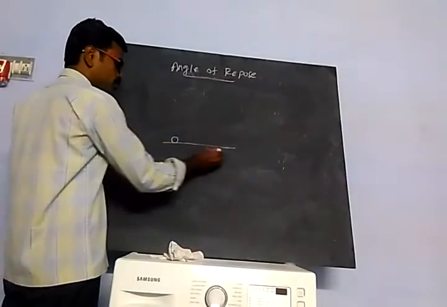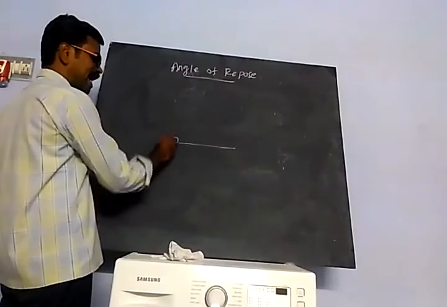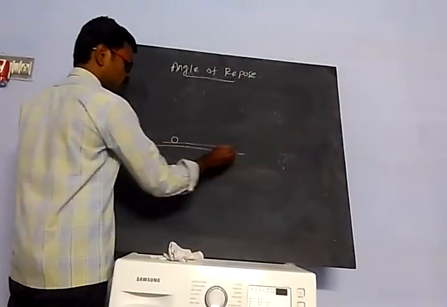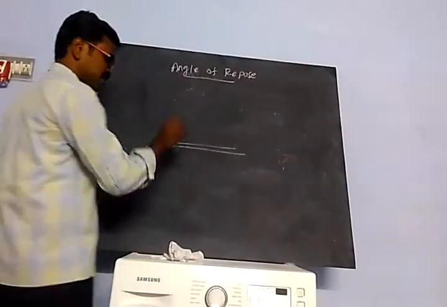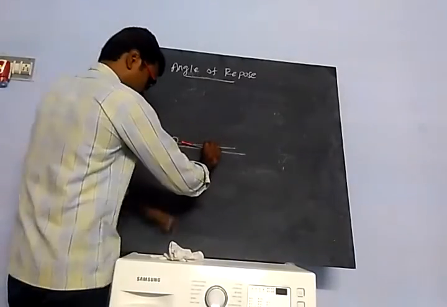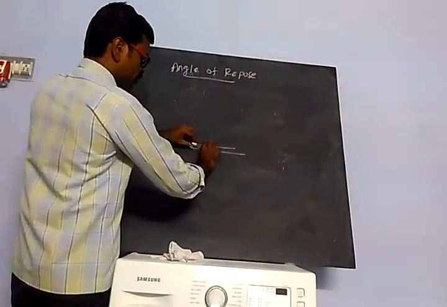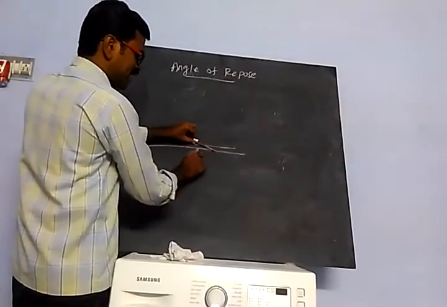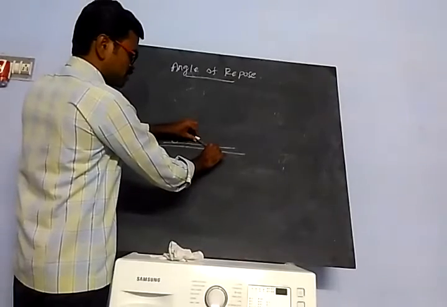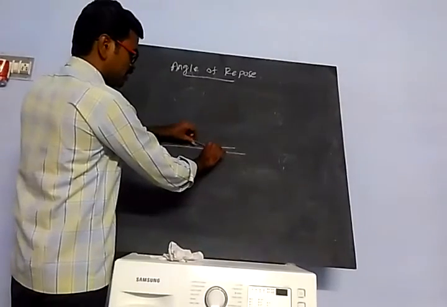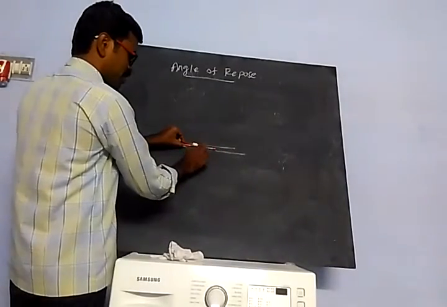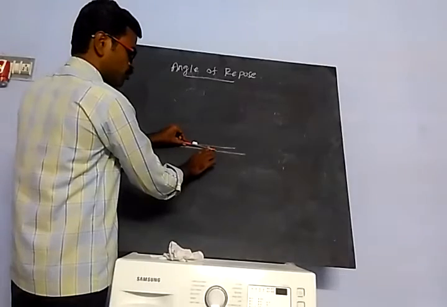Now you can increase the angle. This is the reference surface, this is the surface, and this is the object. Now you increase the angle between this surface and the contact surface, this plane. Before one particular angle, the object does not move. Do you understand? Before that, the object does not move.